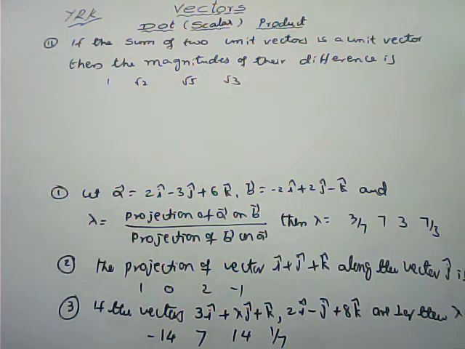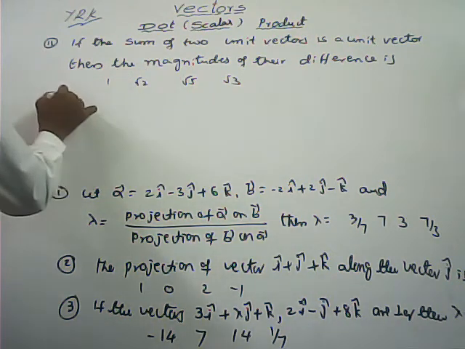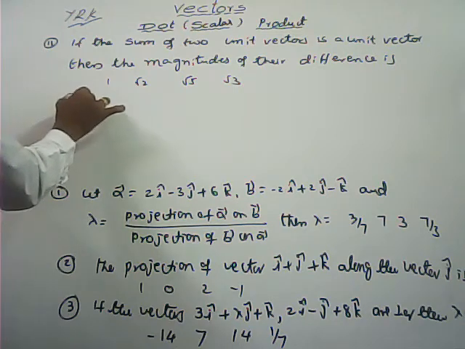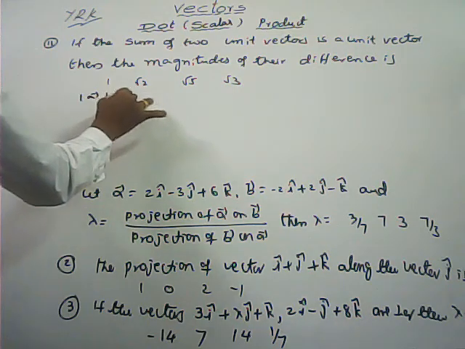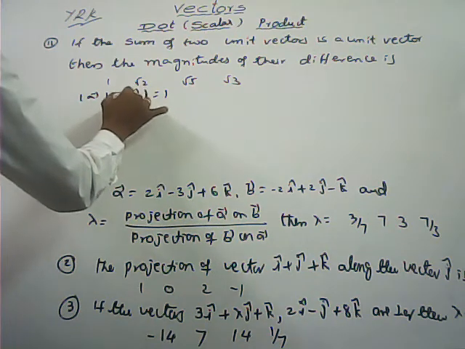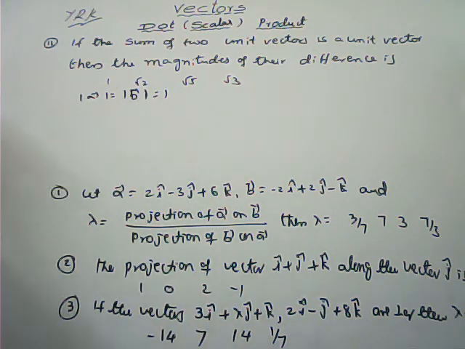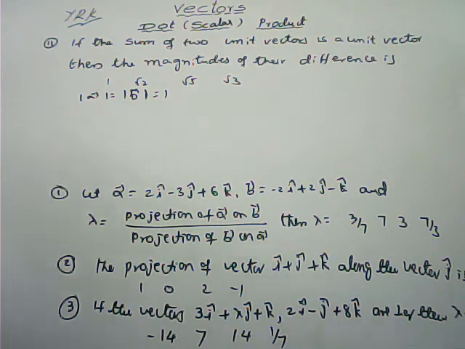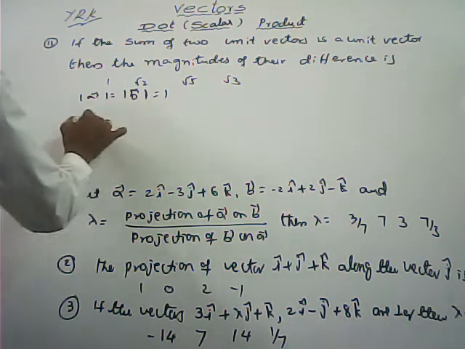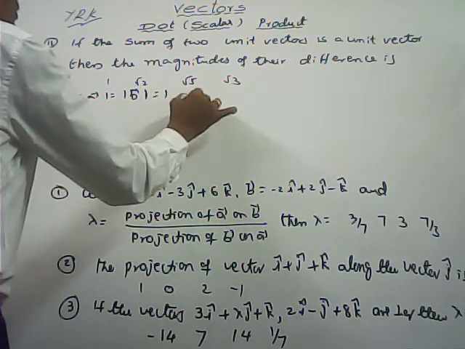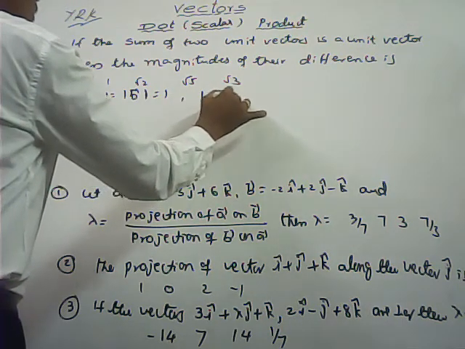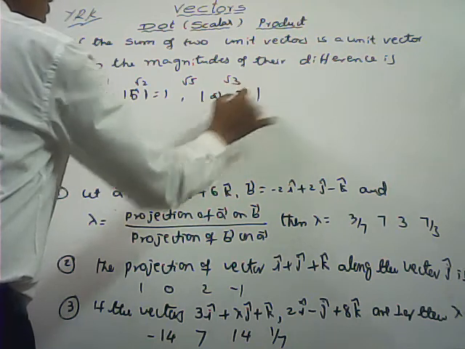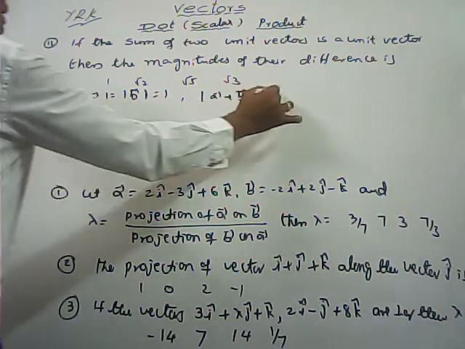Here, if the sum of two unit vectors is a unit vector, I am taking two vectors A bar, B bar. Here modulus of A bar is equal to modulus of B bar, that is equal to 1. These two A bar, B bar are two unit vectors, their modulus is equal to 1. Then the sum of two unit vectors is also a unit vector. So modulus of A bar plus B bar, here these two are unit vectors, their sum is also a unit vector, that is